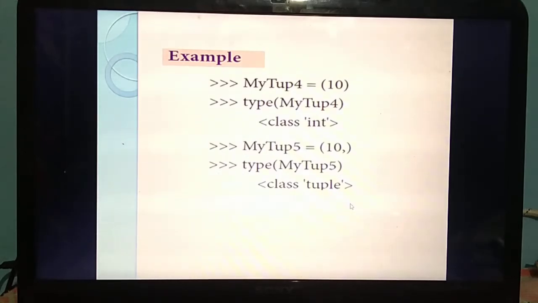So what's the use of the type of function actually? It will display which data type this belongs to, that means which class, or tuple. So if you need to get the output as the tuple data type, you should mention a comma at the end of the element. So can you find the difference between this example and this one? Here you are not mentioning the comma at the end, so you are getting an ordinary data type. This number belongs to data type int. But here you are mentioning the comma at the end, so you are getting the data type as a tuple.